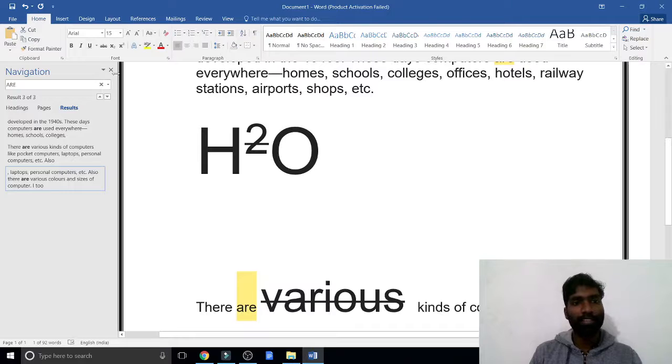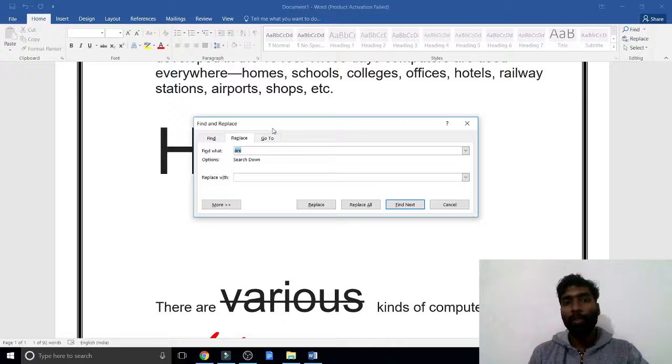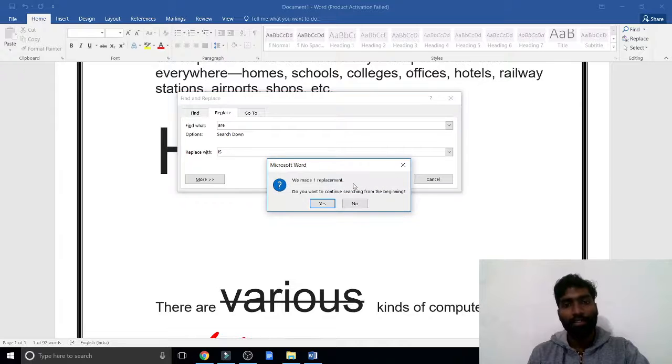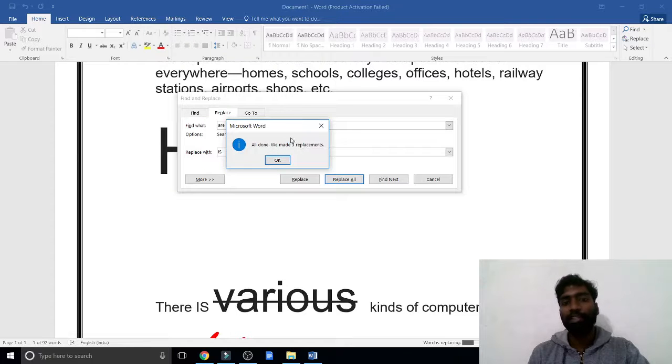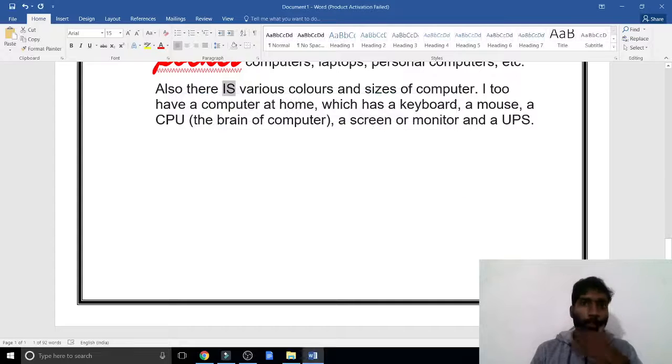If I want to replace, here is Replace, just one click. Now I want to replace "or" with "is". Now Replace All. It asks, do you want to continue searching from the beginning? Yes. All done, we made 3 replacements. So in 3 places it is replaced. Done. So today the Home tab is over.